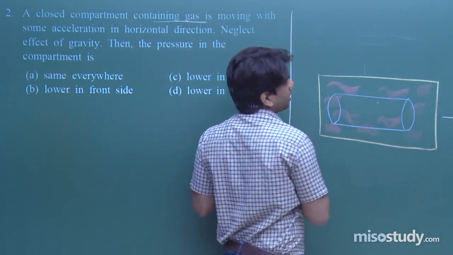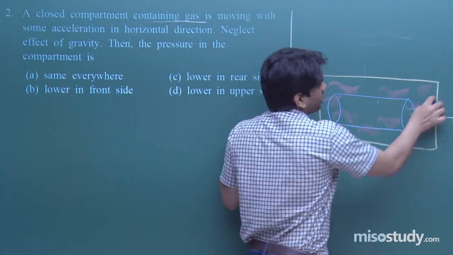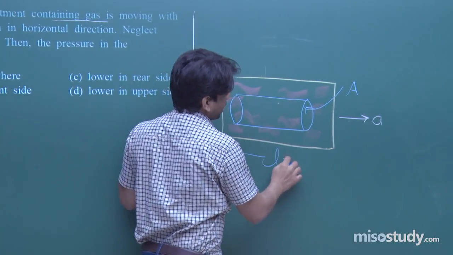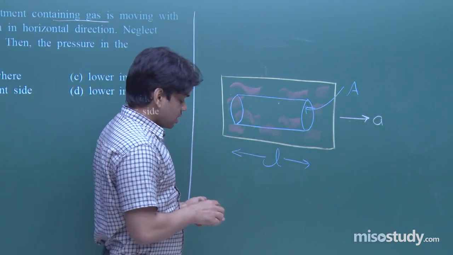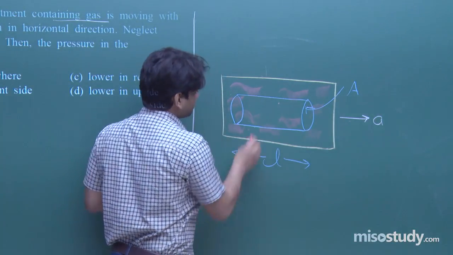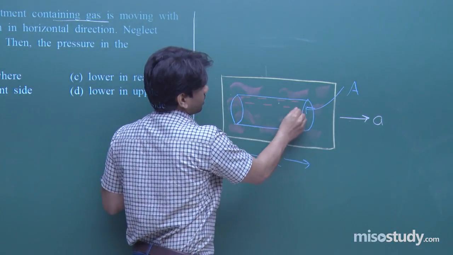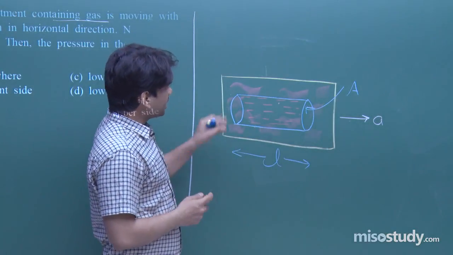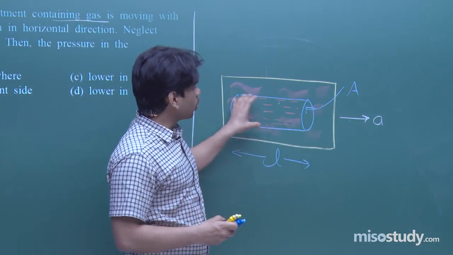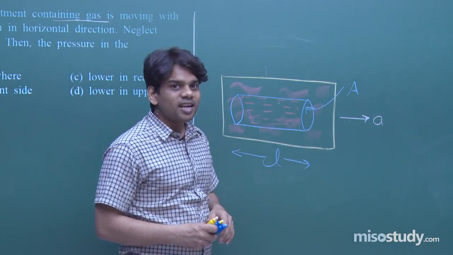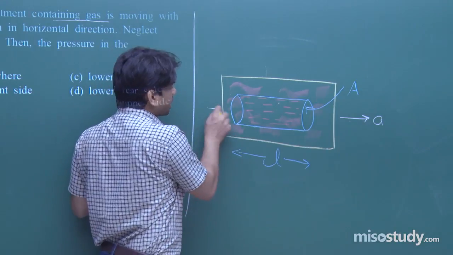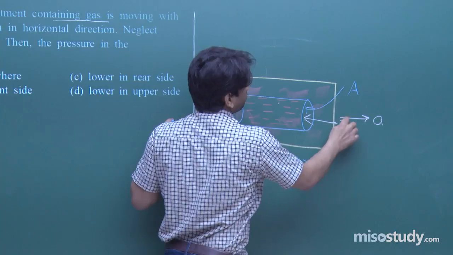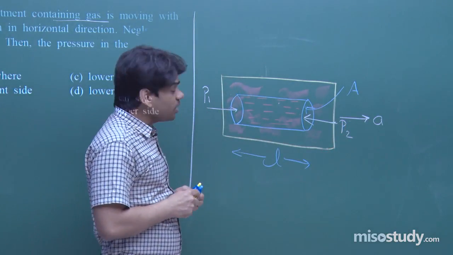I have taken a small part, let's say the area of cross section of this part is A, its length is given as L. Let's say this is the case. So there will be gas contained here. Now if I talk about its motion, because this entire gaseous system contained within this portion is moving with some acceleration, that is what is given. So if I take the pressure at this point as P1 and the pressure at this point as P2,